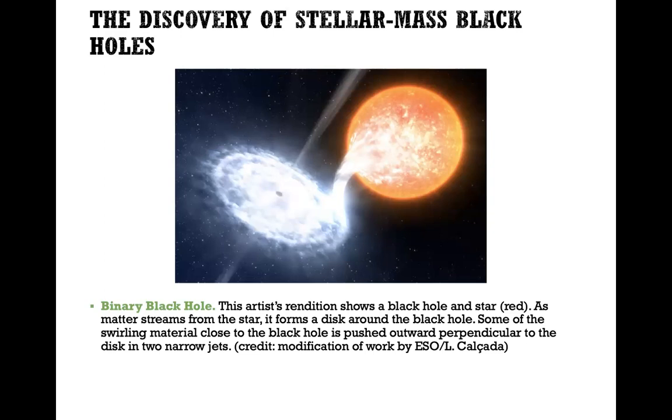When the matter is pulled towards the black hole, it gets heated up, and the black hole will start to emit X-rays in the perpendicular directions, right? Now, detecting those